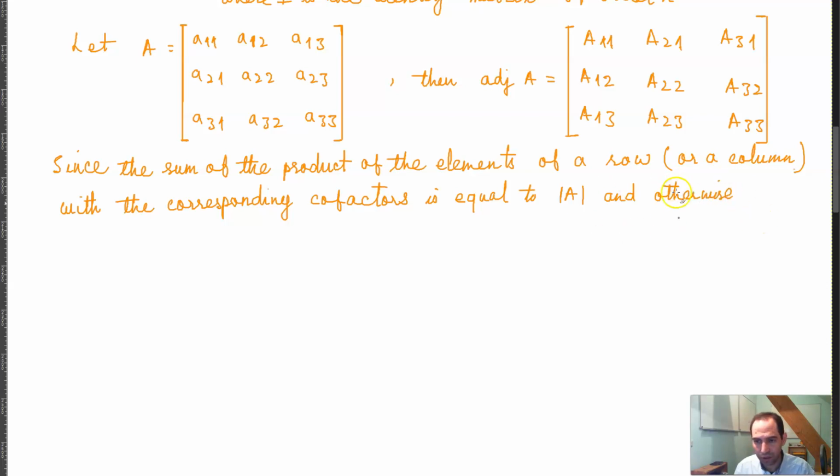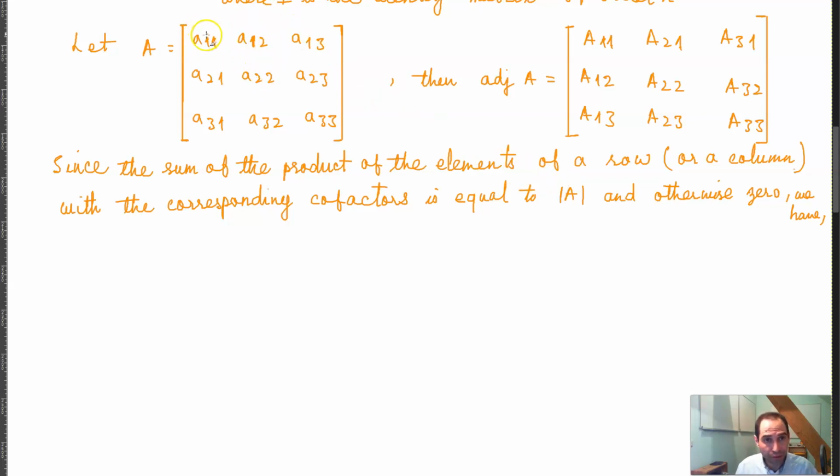I will tell you what that means. And otherwise 0, we have. So what this is saying is that, since the sum of the product of the, so now you can put the sum aside and concentrate on the product of the elements of a row multiplied by the corresponding cofactors, where the corresponding cofactors is equal to basically the determinant A and otherwise 0, meaning that we said that